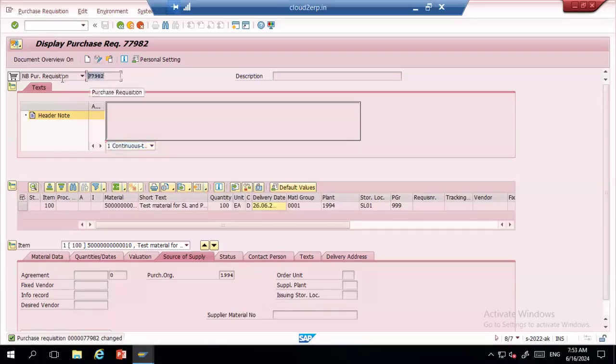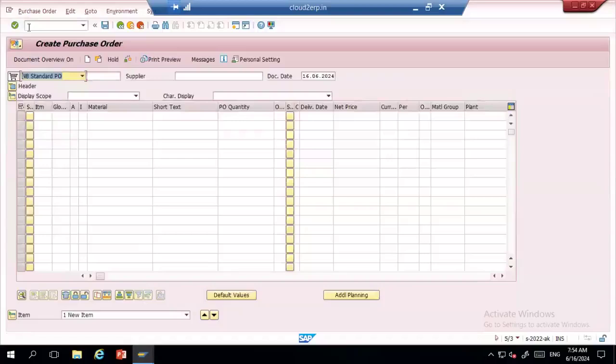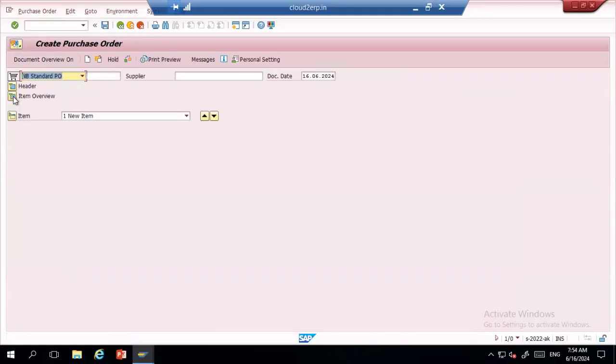So now this is my purchase requisition. Using this purchase requisition, I'll create a purchase order. To create a purchase order, I'm using transaction ME21N. If I go to ME21N, the screen looks similar to the purchase requisition, but here you will have more information. Here also you have the document type. Here also you have the create option, other purchase order, check, and here you have some additional things called messages